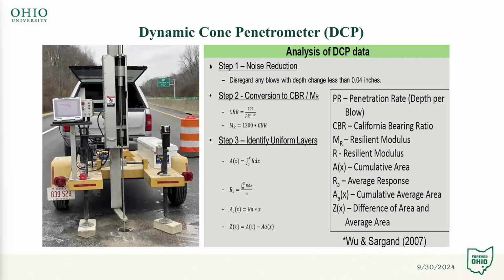For the dynamic cone penetrometer testing, as can be seen here in the picture, we took a core and then we went through the top. Basically, the 3 steps that we followed were to reduce the noise, which means disregard any blows with depth change less than 0.04 inches, convert the MR values to CBR, and then identify the uniform layers that we would have. All these were following the